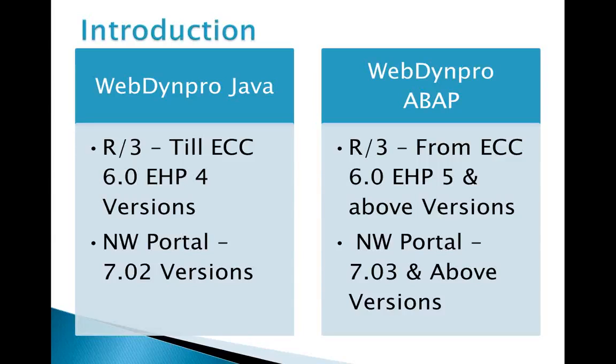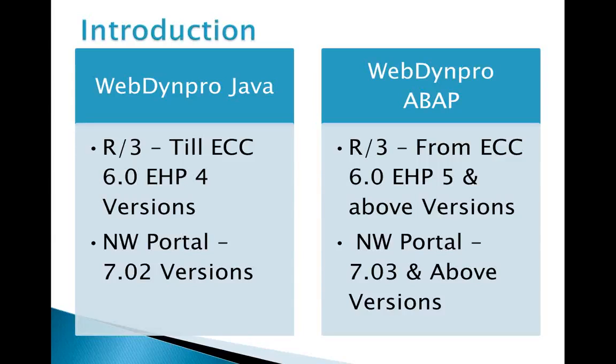So from that year onwards, SAP released this Web Dynpro ABAP component with EHP 5, ECC 6.0 EHP 5, with the 7.3 version of the portals. So why I am mentioning this point is that